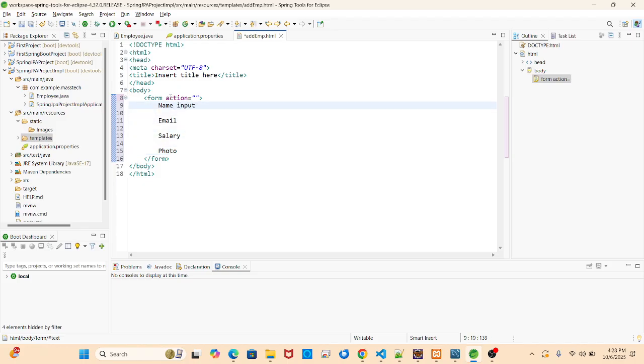We'll take one input. Type is equal to text, and we'll use the object reference now from the controller side. So I'm loading the reference over there. What method do we have to pass here? Post. It will load the object from Thymeleaf, which we have not passed yet. Correct? We need to pass it from the controller side. Let's say we'll consider EMPS. And one more thing, that is